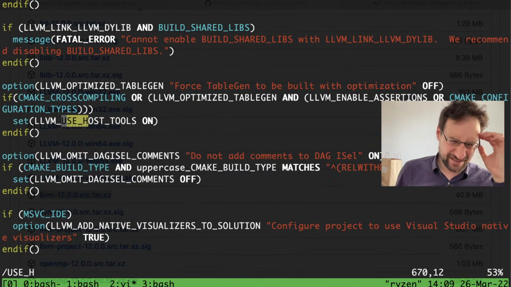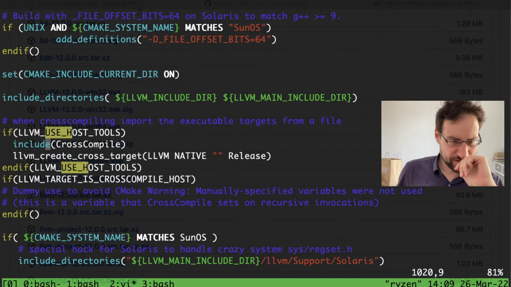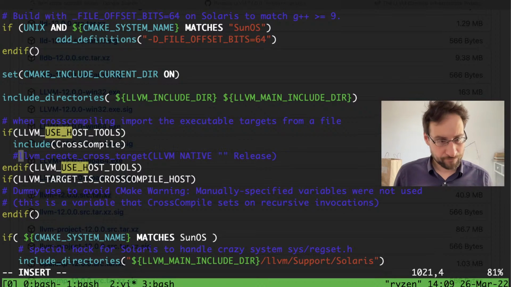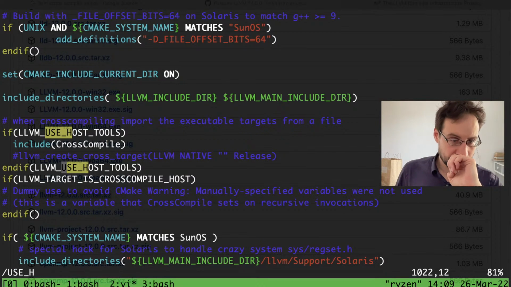Maybe we leave that in and patch because that is including cross-compile. And we patch that here away and see how far we get.